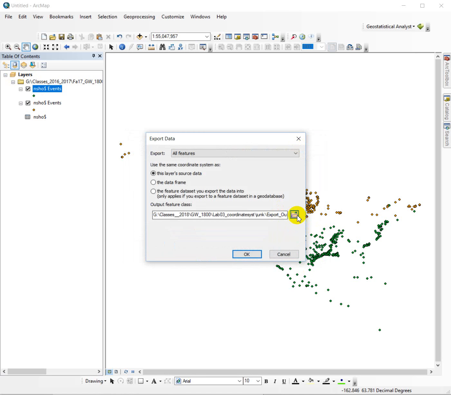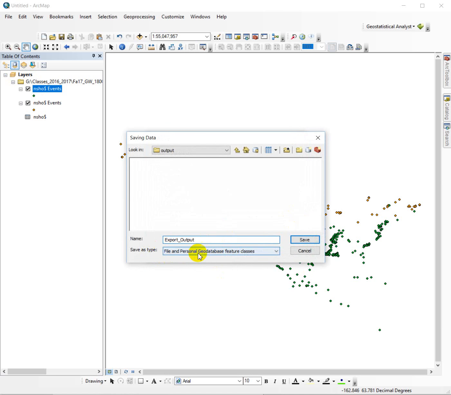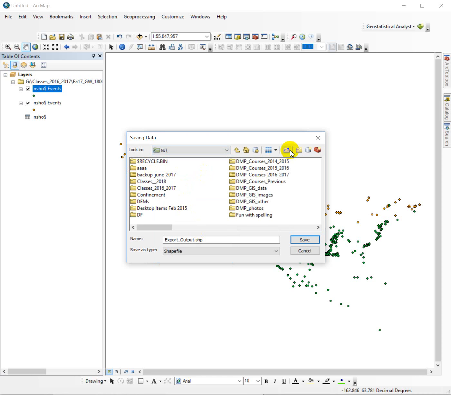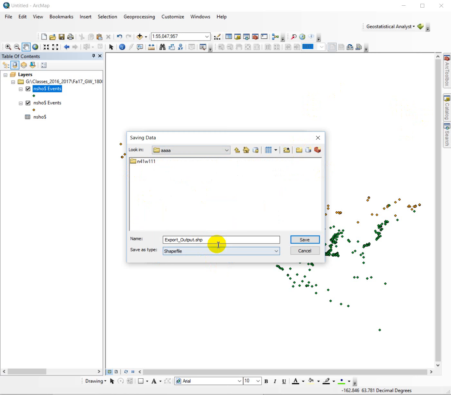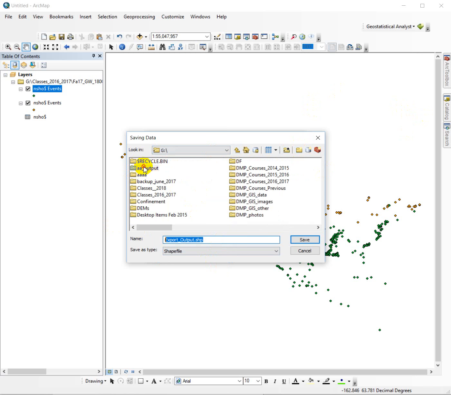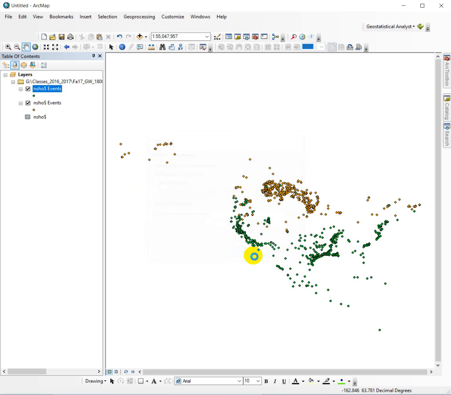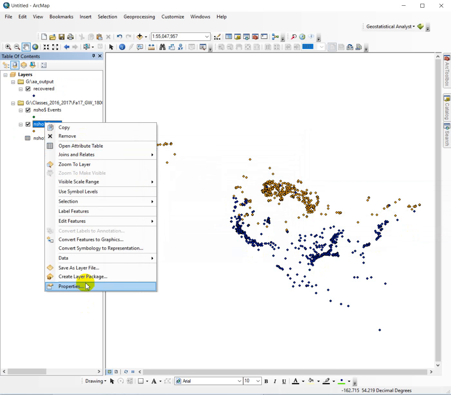Get in the habit of using this folder, because unless you set your Scratch output workspaces to a geodatabase, it's going to try and force you to stick it in the geodatabase. So let me just make a quick temporary output folder, and we'll call this our recover data. Yes, I want to add it to the map, and then we'll do the same thing with our banded data,